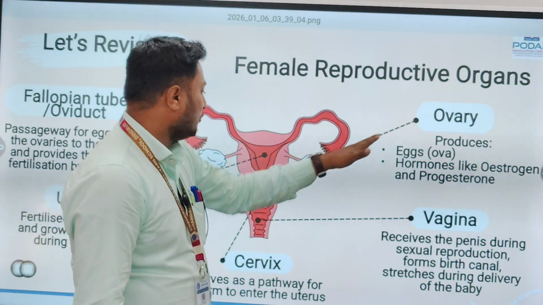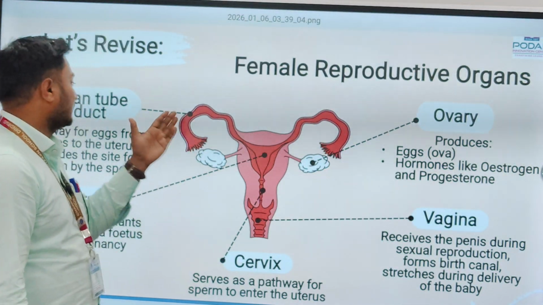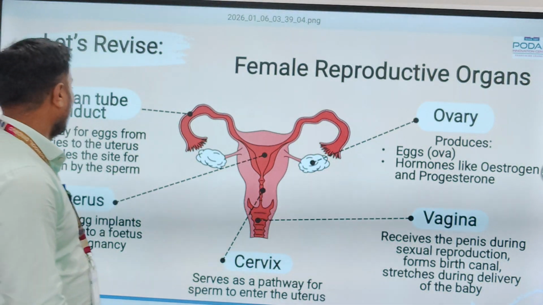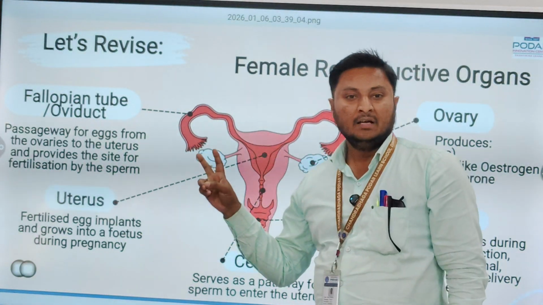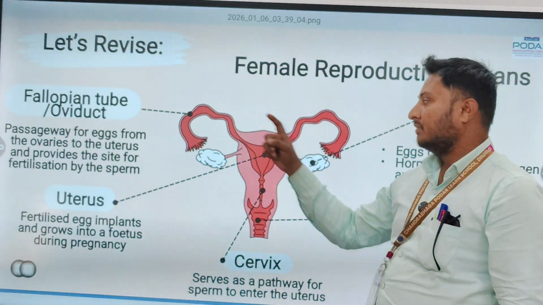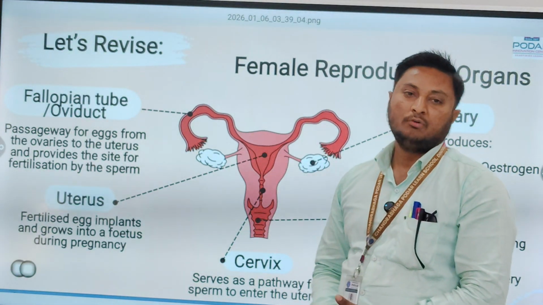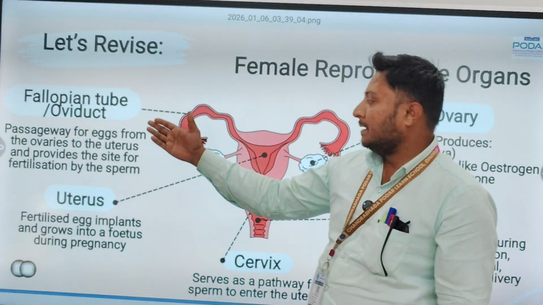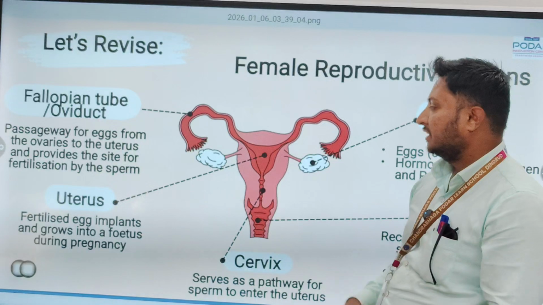After the ovary, the next organ present in the female reproductive system is the fallopian tube. You can see there are two fallopian tubes, one on either side, one on the left and one on the right. What is the important function of the fallopian tube? It is a passage for the egg from the ovary to the uterus and provides the site for fertilization by the